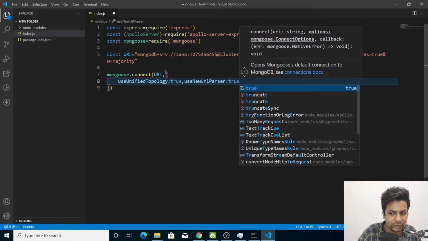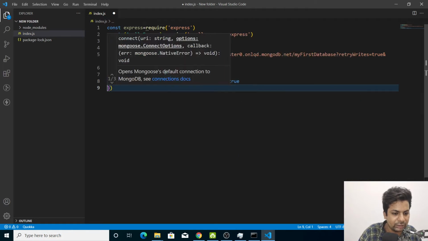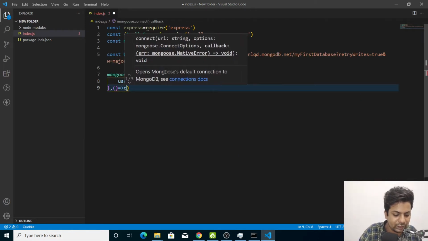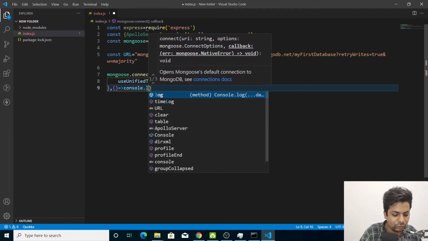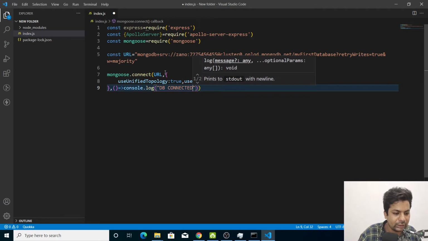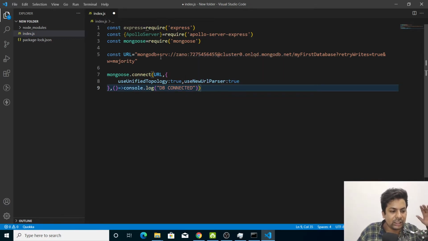Then useNewUrlParser, we make it true. Then we'll make a function out of it, and we'll say console.log db connected. This is the mongoose part, the MongoDB connection part.